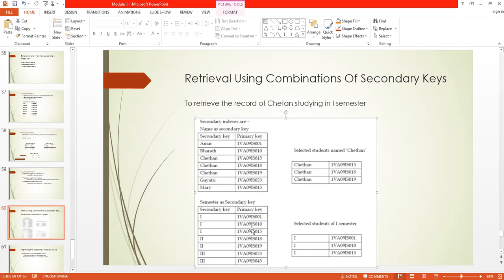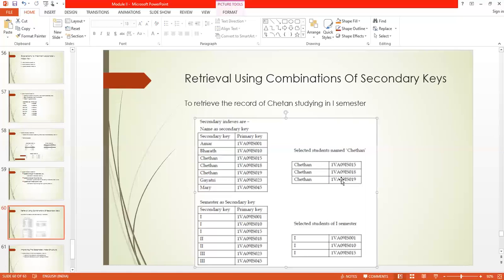Three records of first semester are taken. So which matches now? Chetan IS015 matches with this, so this particular record is displayed.